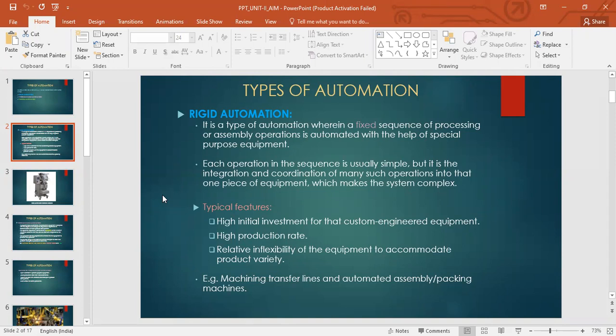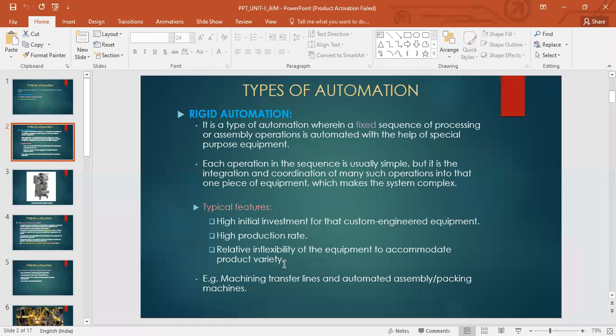If at all there is a change in the product, if there is a change in the batch, we'll see another type of automation, wherein you have batches of product, like 20 products you want to manufacture of certain design, and then the next 30 of some other design. You see, in here you are having it completely dedicated to that single product, right? The whole line is for that product that we have designed the system for. So obviously you will have a high production rate.